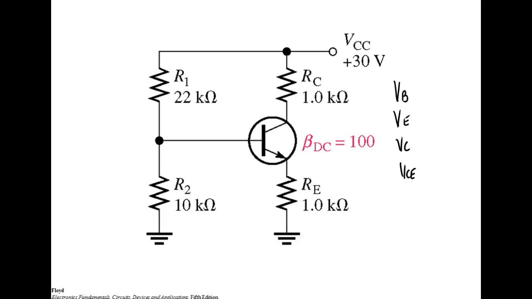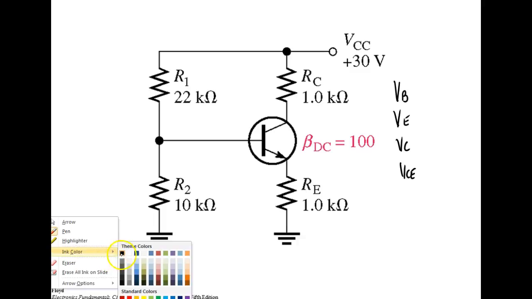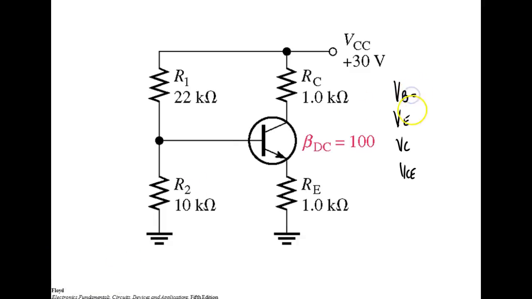Two resistors out here, the collector resistor and the emitter resistor, being the same size. But this is good enough to try to solve for these four values right here, right? Is that right? Everybody get that? VE would be what? VC would be